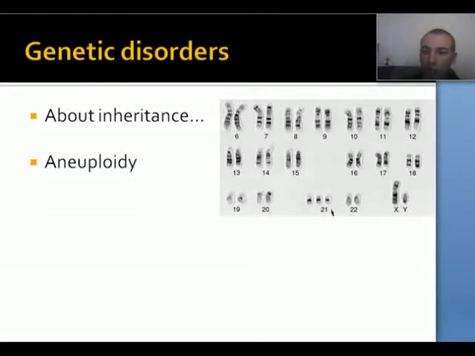A genetic disorder is a genetic problem caused by one or more abnormalities in the genome, and it could be inheritable if the parents have the genetic disorder in the germ line. The germ line would be the cells that have the genetic information to be passed to the progeny. So if the parents have this mutation or abnormality, in the case of humans it would be the sperm or the ovule,